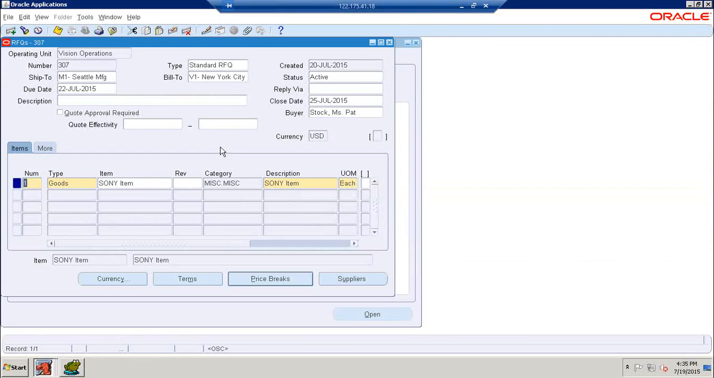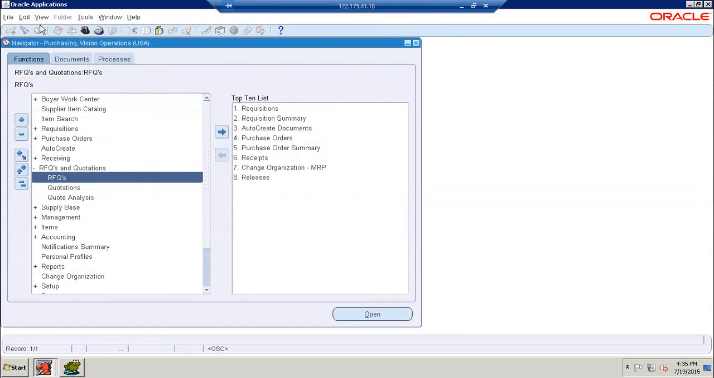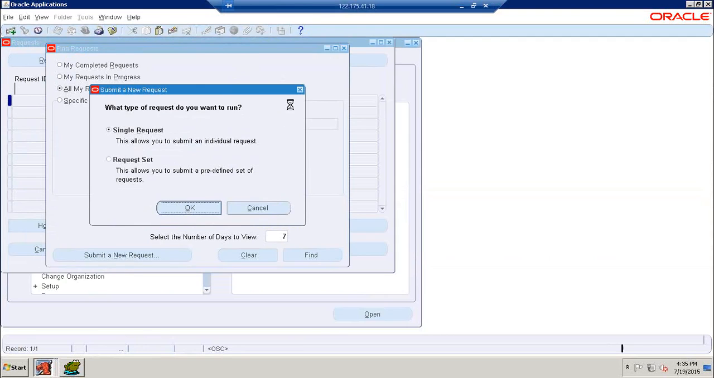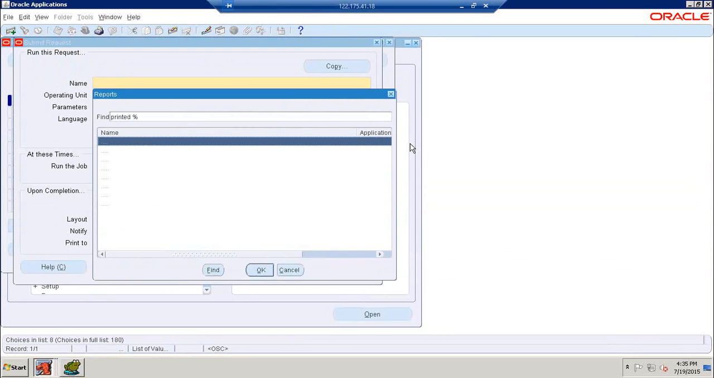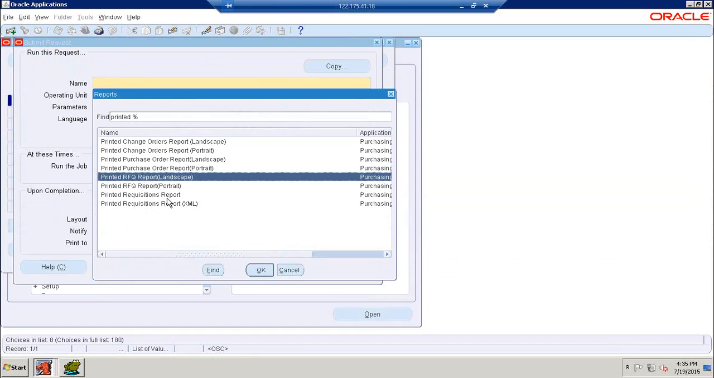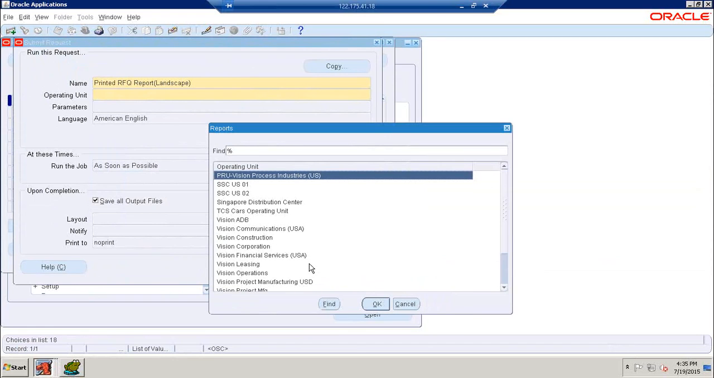Okay. So once we send this information to suppliers, how is the supplier going to receive it? But we don't have any direct link between our application and the supplier application, right? So what we do is we run one program, one report: Print RFQ report, either landscape or portrait. Once we run this report,